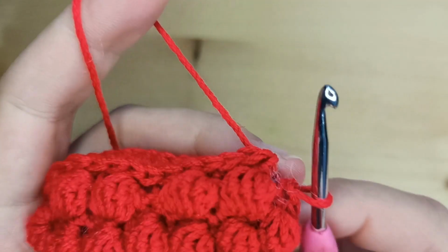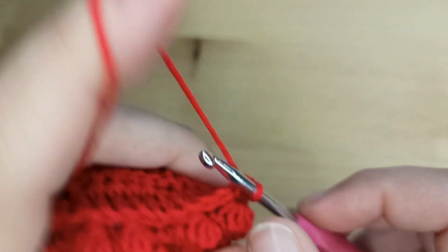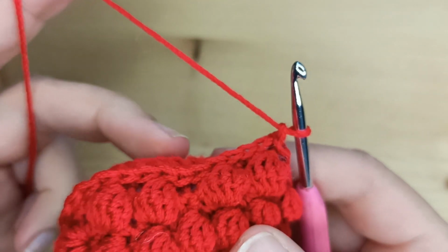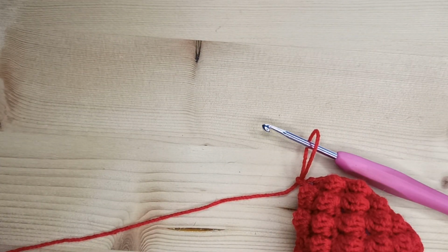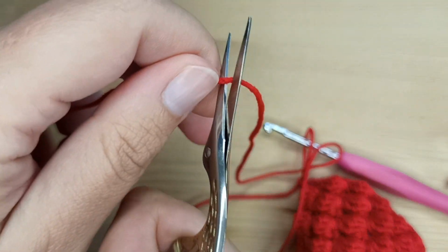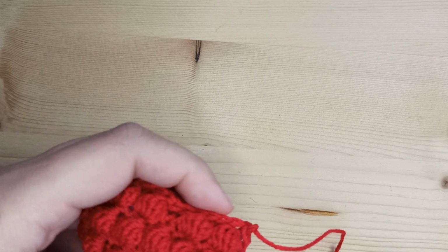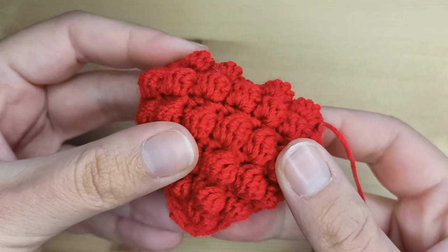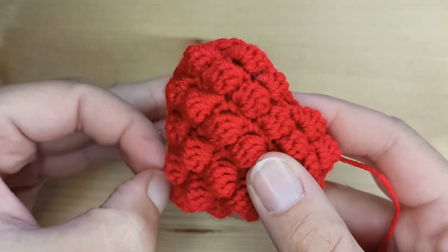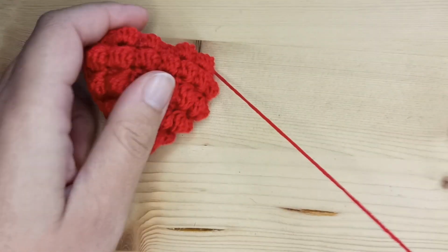When you reach the end, just make a slip stitch in the first stitch, chain 1, and I said it wrong, cut the yarn but leave very long tail so we can use it to sew our keychain. Obviously it doesn't have to be keychain, you just can use it as just little plushie or a cushion for your dolls. So right now just